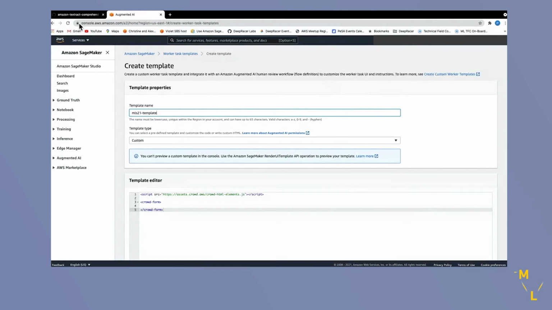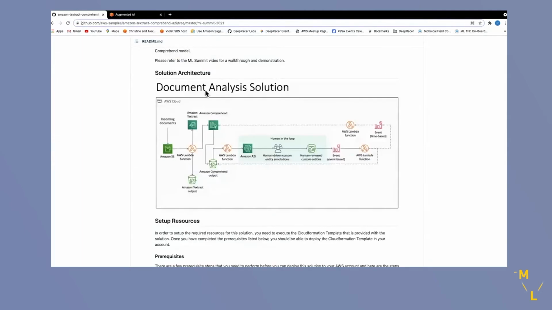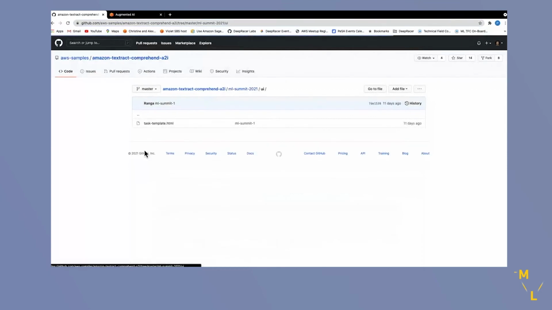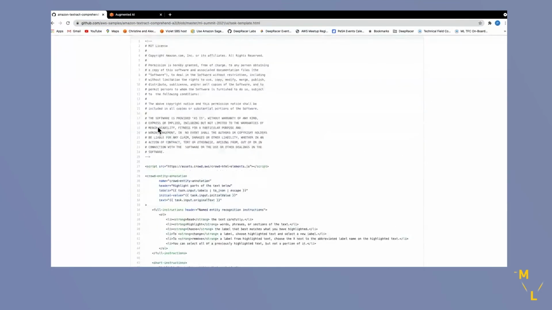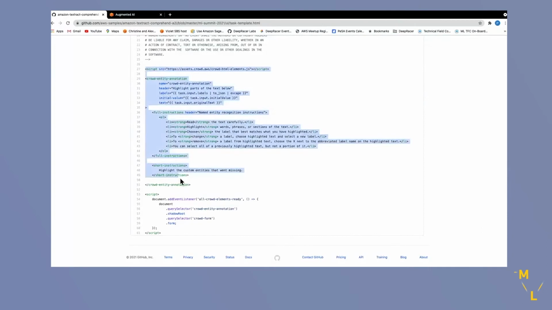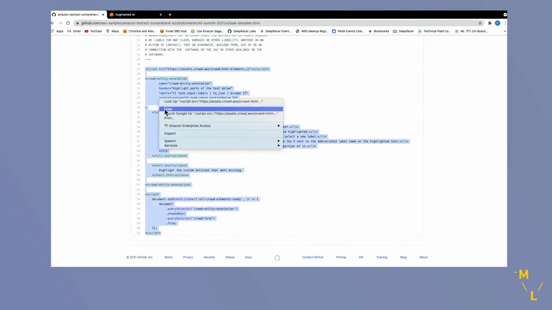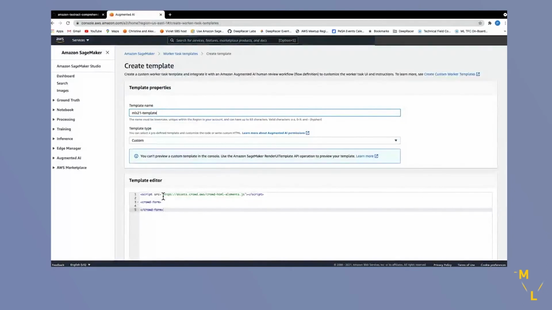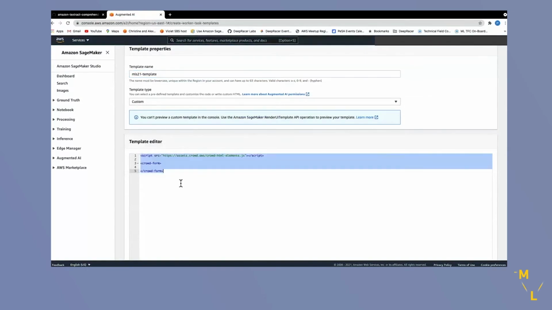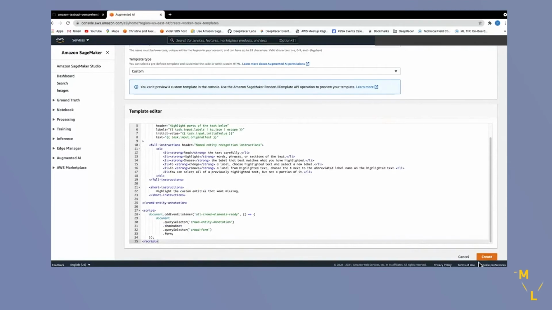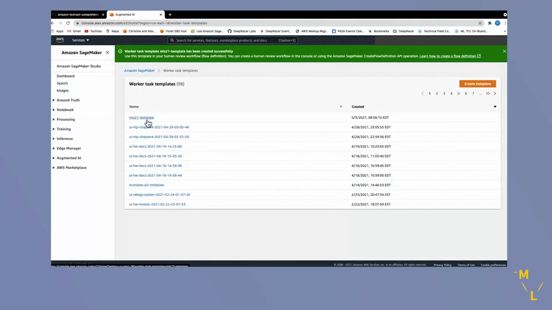Custom. Template has been created successfully.